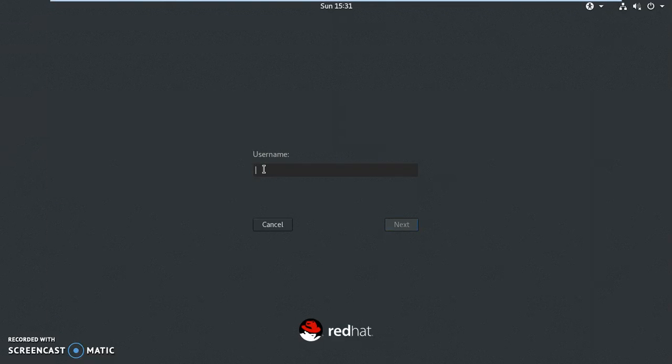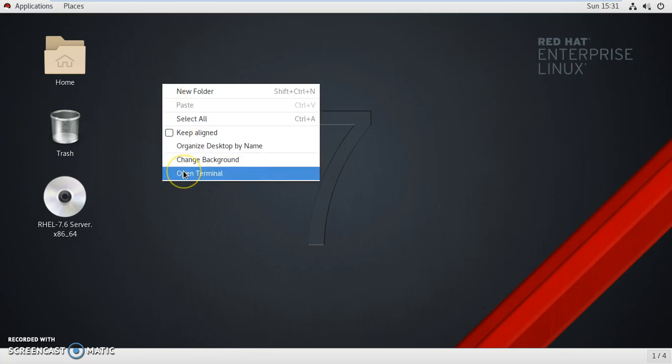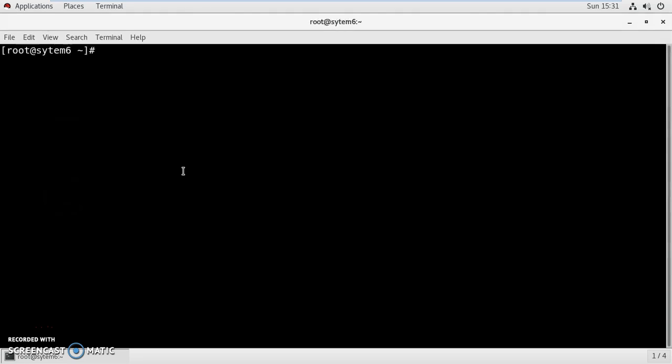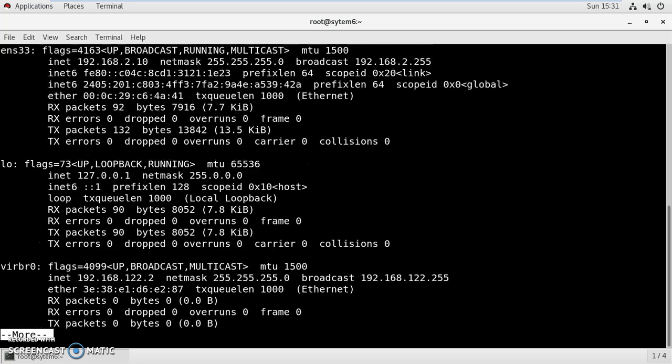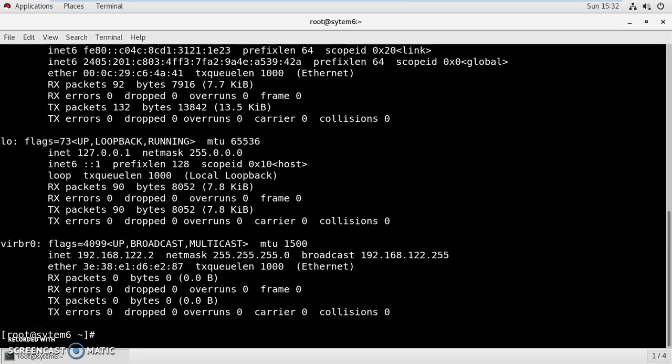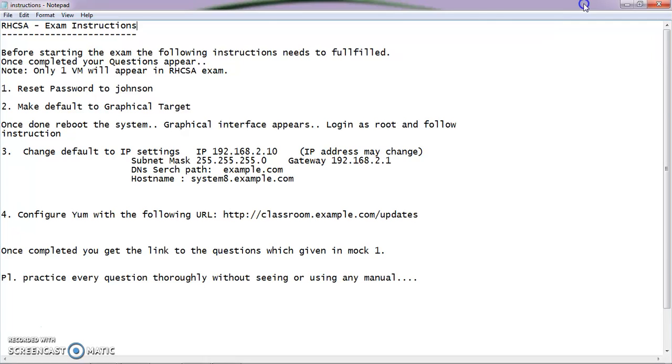Now you can log in as root and say password as Johnson. So now you can see the desktop in graphical mode, and also you can check your ifconfig. The IP address is set. After that you can check for the instructions, where you can see the lab question paper.